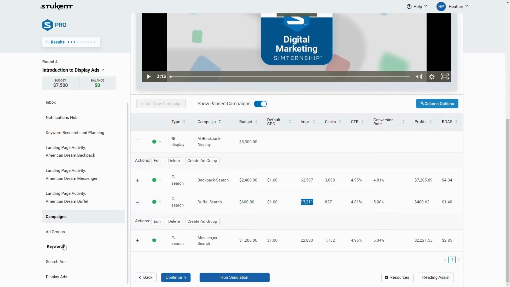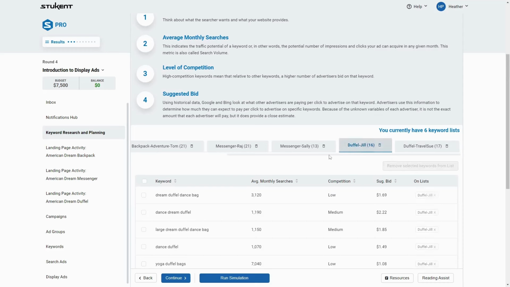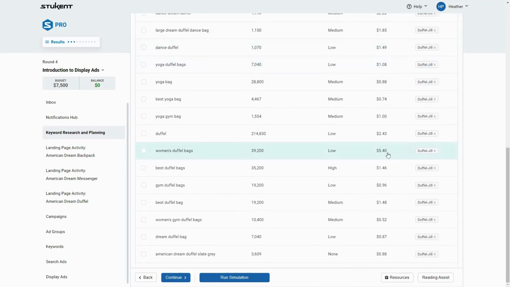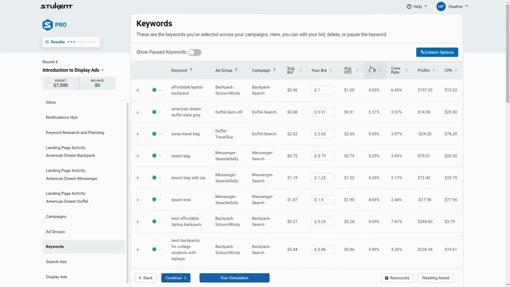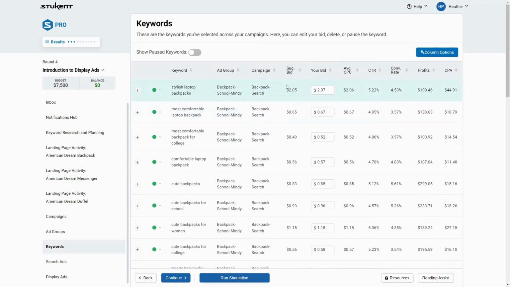So I can go into my keywords, maybe my keyword research and planning, and my duffel was struggling. So I want to double check, did I have enough keywords that were good competition and average monthly searches? Maybe I'm not making enough money because I was spending too much on the bids. So I'm buying too expensive of a keyword. Like this is $5.40, right? So maybe I just want to double check on my bidding, right? Any of these suggested bidding, were there any that were too expensive? And I think I've already taken some out, but you want to adjust that and take away any keywords that